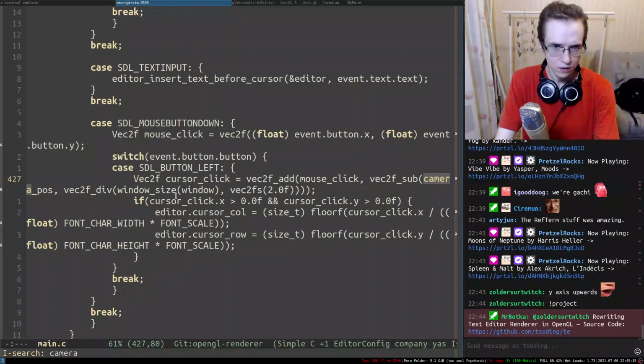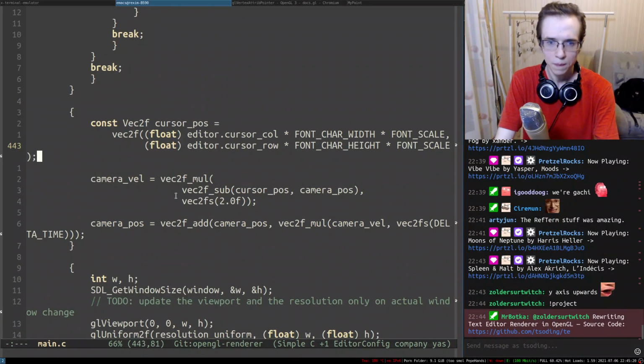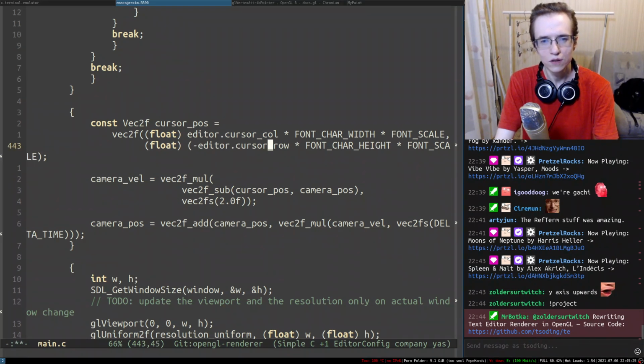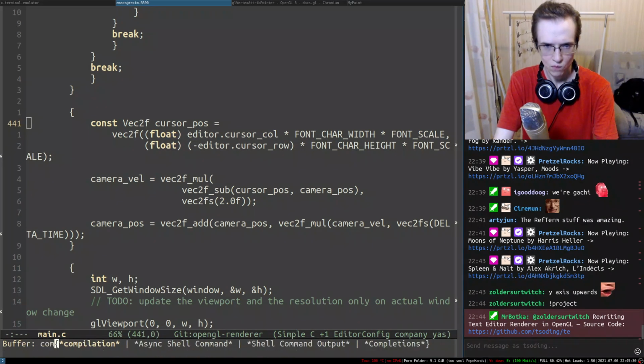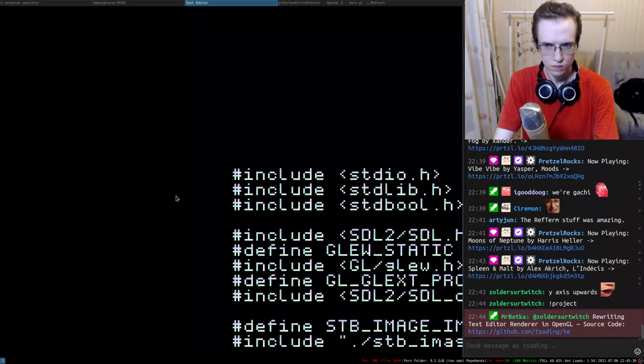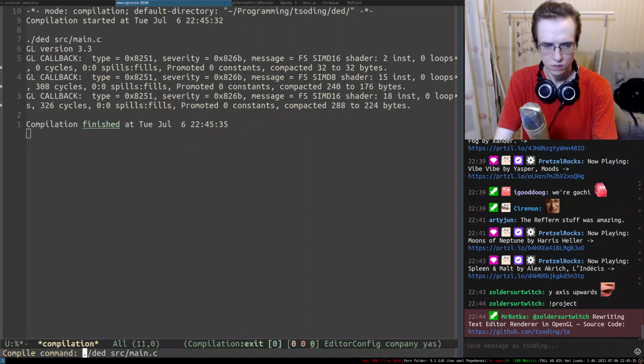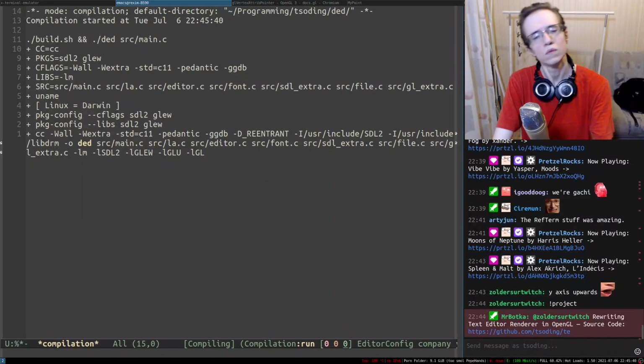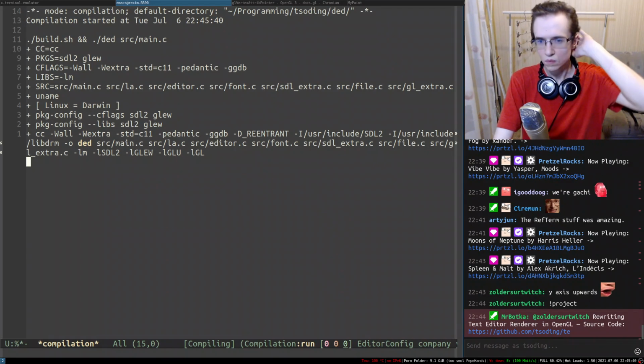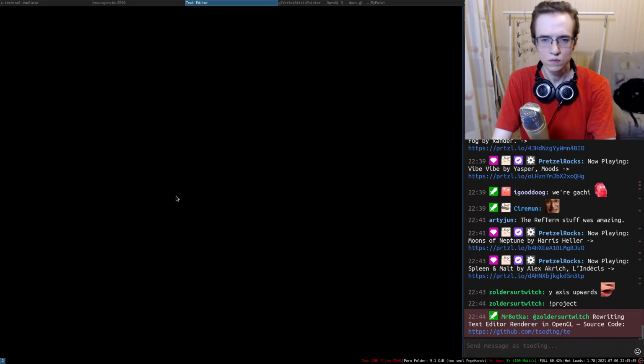So the camera. Where is the camera? So this has to be just negative. Character height. It just flies away somewhere.